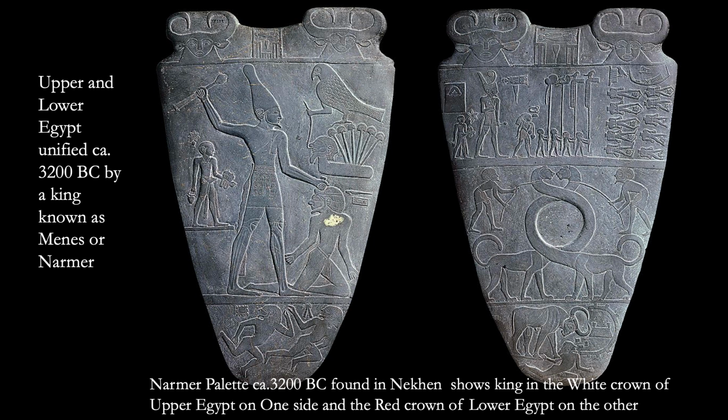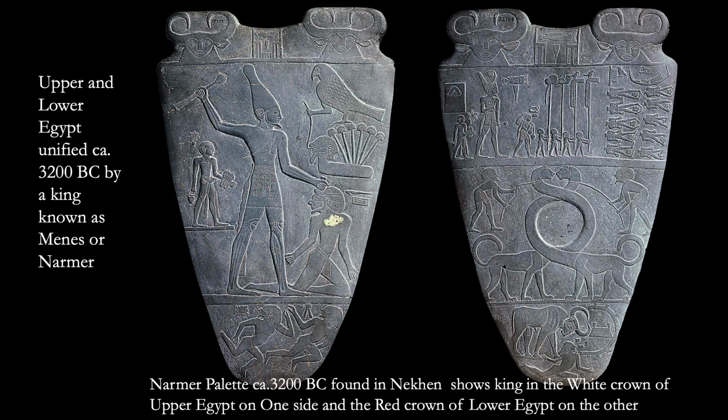There's a couple more enemies under his feet looking upset. And next to him, you have a little figure who's carrying his sandals. That's what he's doing there. And then on the other side, you have a representational symbolic figure. You have the Falcon of Horus there, that represents Horus, that represents the mountainous part of Upper Egypt, and he's standing on top of that papyrus boat that represents Lower Egypt. So you have the symbols of Upper and Lower Egypt united next to the image of the king smashing his